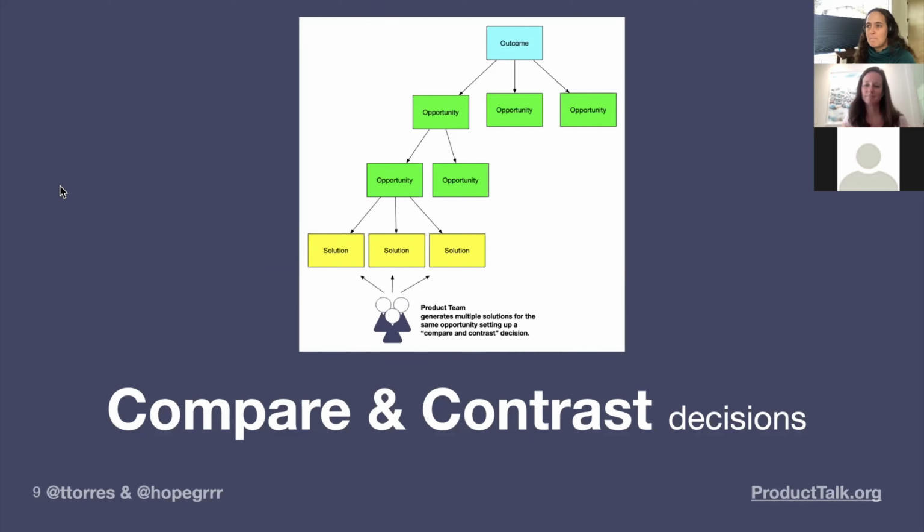Okay, and the next question is about how long to spend on each step. So they're asking, how long do you typically spend debating opportunity? How long on solution? When do you move on from prioritizing the opportunity to the solution? So if you could share a little bit more about how much time you spend on each step. Yeah, that's a hard question.